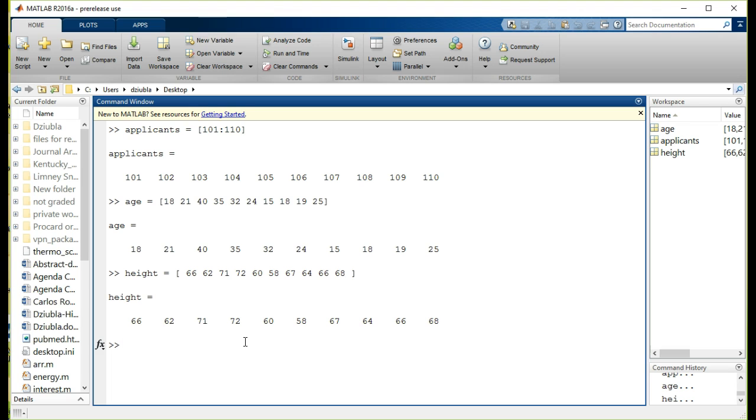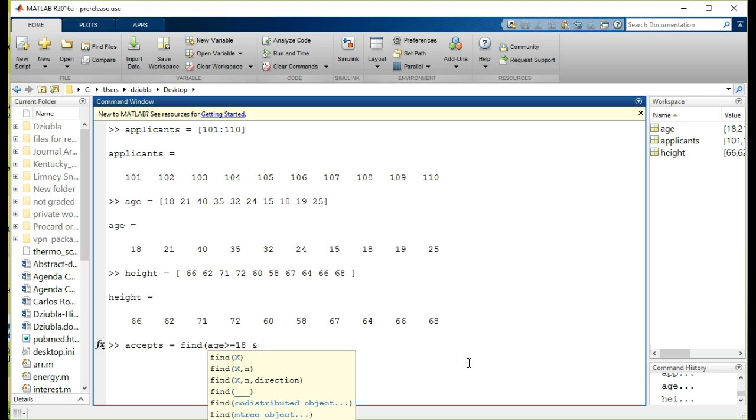So if we have a complex set of values in that regard, what can we do? Well, we can still use the find command as we did before, and with the accepts, in this case we can say accepts is equal to find, and we're just going to have to use the more combined or complex coding that we had before. In this case, the first question is, we want to find the age must be greater than or equal to 18,